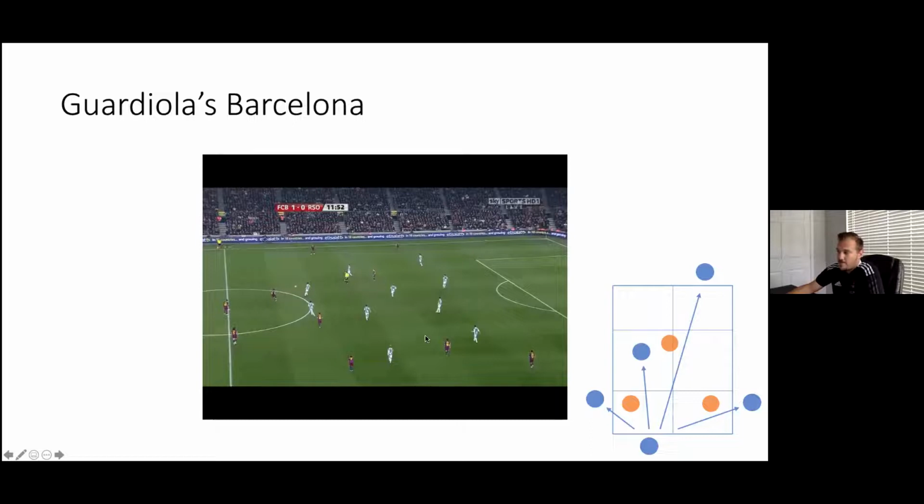So they often had this box in the middle. So this would normally be Xavi, Busquets, Iniesta, Messi in the middle. Wingers in behind, staying high and wide, pinning the opponent back line, fullbacks getting higher and wider. So this was how they sort of played in possession. They always had the numerical superiority in the middle with really, really good players, obviously. You could do the same thing with really bad players and lose every game. So it's important that you have quality to do it.